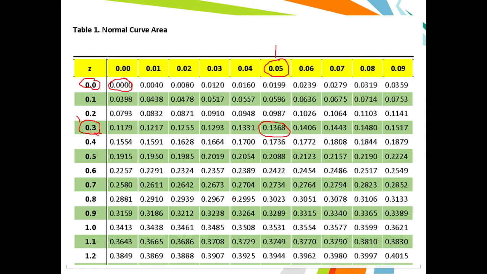Okay? So that's why sa ating table, all are positive values. However, yung equivalent na negative values has the same na area under the curve. Okay? So we just have to read kung ano yung ating mga z-scores. Okay? So yung ating first column are the z-score. And then ang ating first row is also the z-score na second digit ng ating z-score. And the area sa loob ng ating table are the specific area ng ating normal curve.